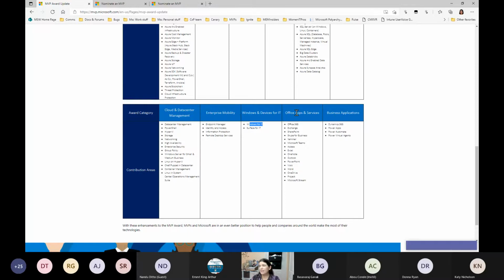We may come together on some. This last year, we co-offered some sessions between the Insider MVPs and my Windows for IT MVPs. It just kind of depends. But the way I look at the difference there is, if it's a consumer MVP, they can be talking about, here's how you change the wallpaper. But if it's Windows for IT MVP, I want them talking about, here is how you change the wallpaper for 5,000 computers. Or here's how you have different wallpaper for the HR group and the engineering group and the finance group. So I really want people to be thinking scale and large scale operations, manageability, implementation in the for IT piece.